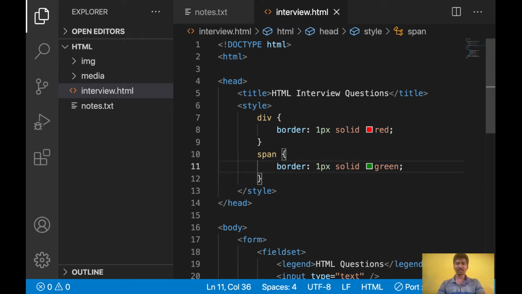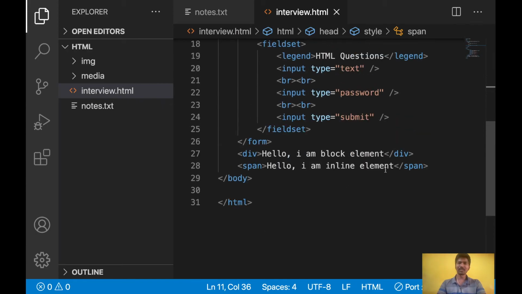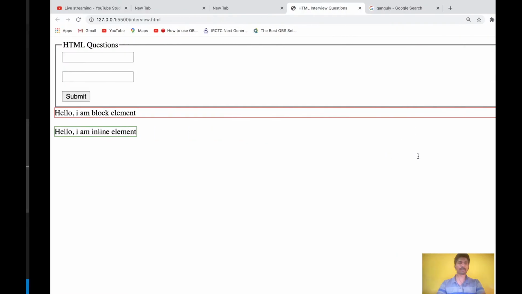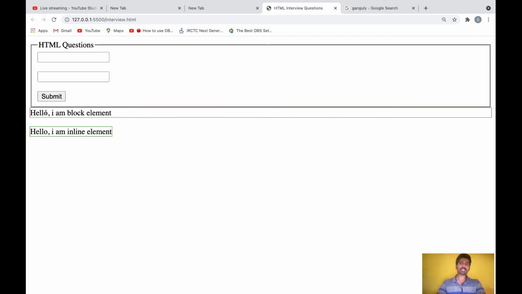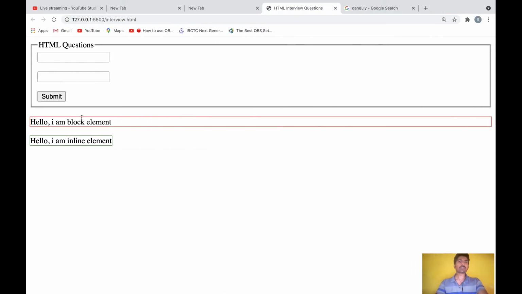Now let's see. I will give some break in between so that the difference will come. See, this is a block level element, and before the div I will give one break. See, that is occupying the complete width of the browser, but the inline element is not occupying the complete width.